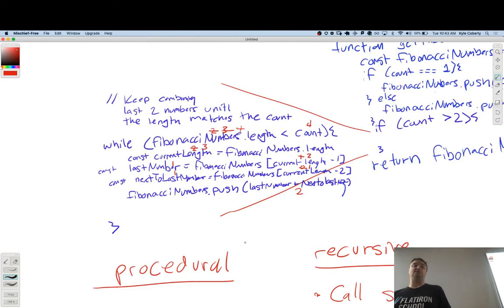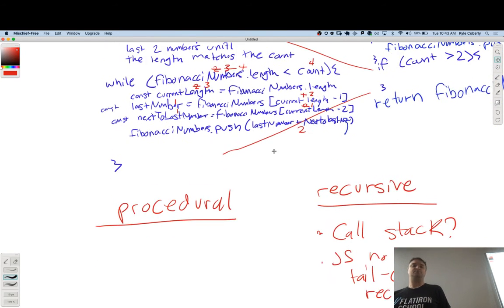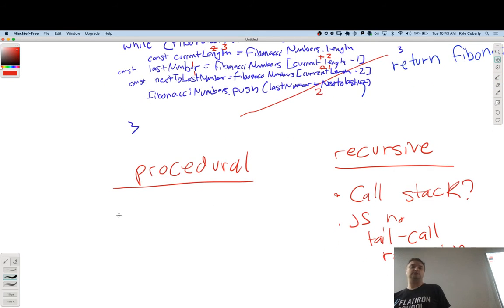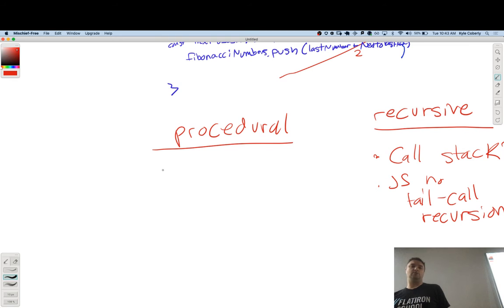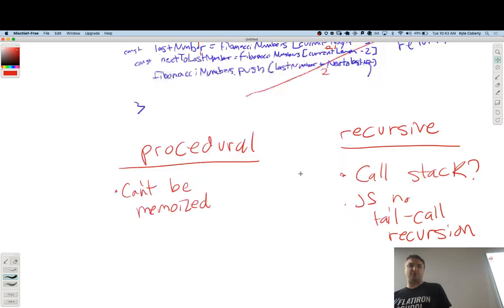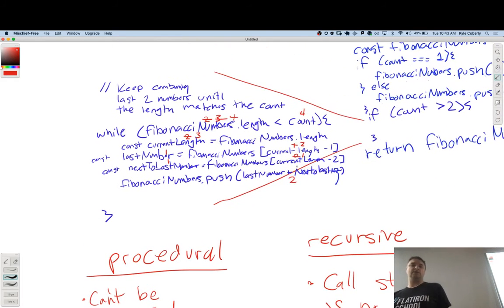My procedural solution, on the other hand, let's see. It can't be memoized. So the cool thing about the recursive one is, let's say I do 4, and then I do 10, and then I do 20.